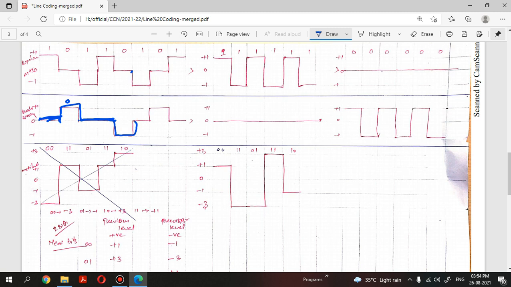so it is almost opposite to the bipolar AMI mechanism. In AMI we give alternate voltages for alternate ones, whereas here alternate zeros are given positive and negative voltages respectively. Since the previous 0 is given with negative voltage, this 0 I am giving positive voltage. This is how it needs to be done. And here consistent zeros will not cause baseline wandering and DC component problems, because there will be fluctuations in current, whereas consistent ones will cause baseline wandering and DC component problems.